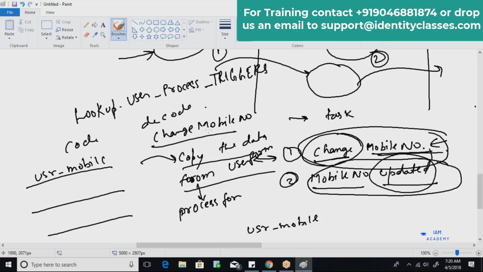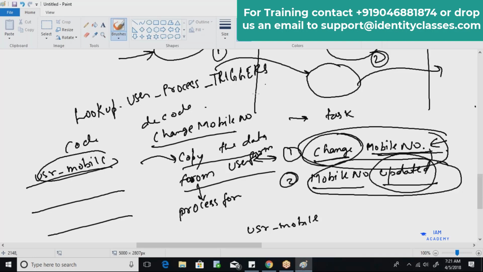So whenever any sort of change happens to this database column, a trigger has already been created at the database level. If any update is made to that particular column, it will automatically instruct all the applications which have a change mobile number task in their process definition, be it facebook.com or any application which has that particular mobile number task.